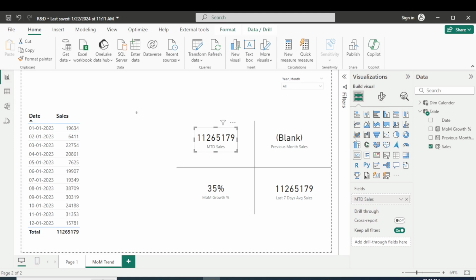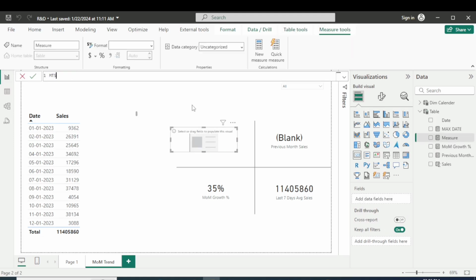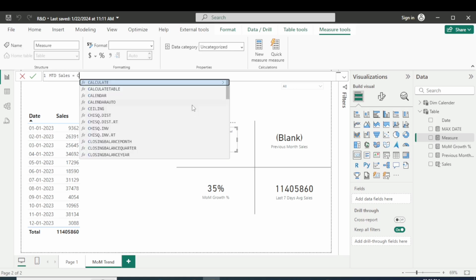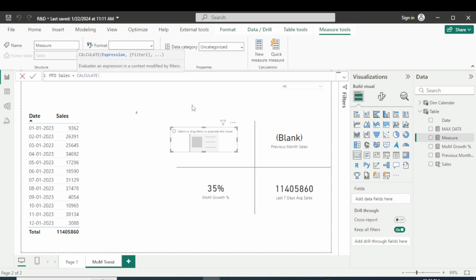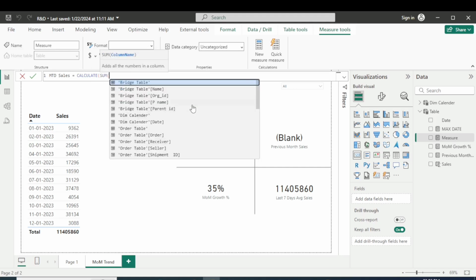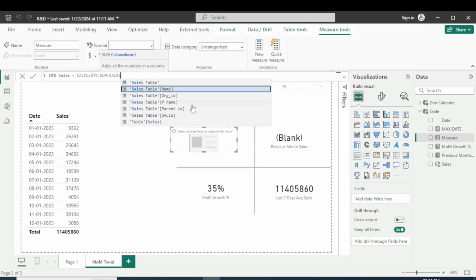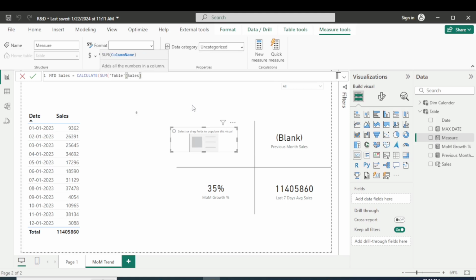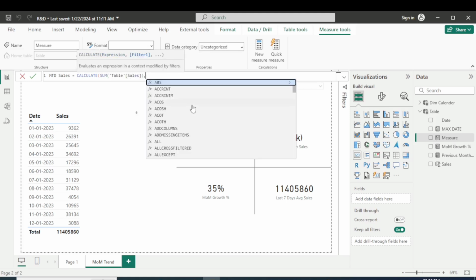So first of all, let us calculate the measure MTD sales, right? So I name this measure MTD sales. MTD sales is quite easy. You can calculate it using a very basic formula, which is CALCULATE, right? And in expression, you have to pass the expression which you want to calculate. So I want the sum of sales, and my table is the Sales table, right? Now the filter expression: the sum actually calculates the whole sales, which you are seeing as 11,45,860,